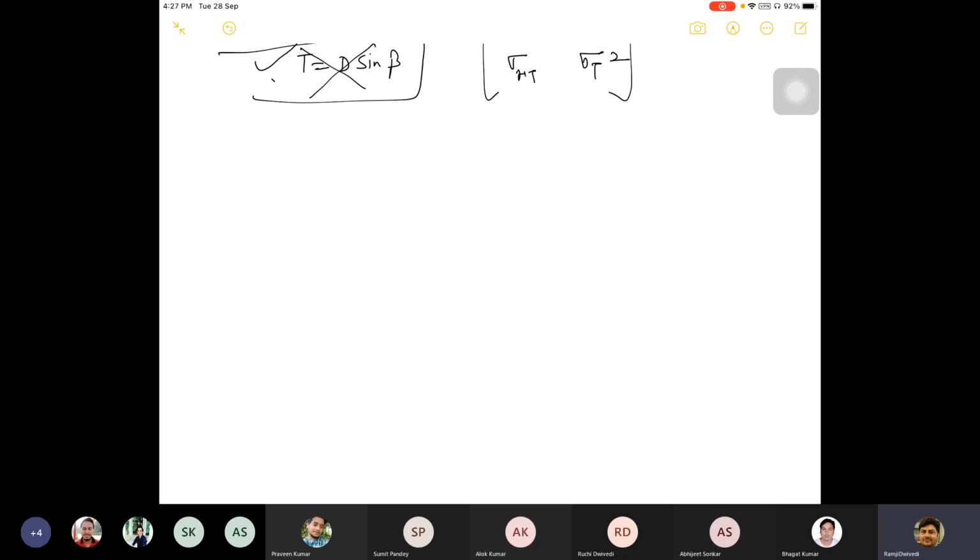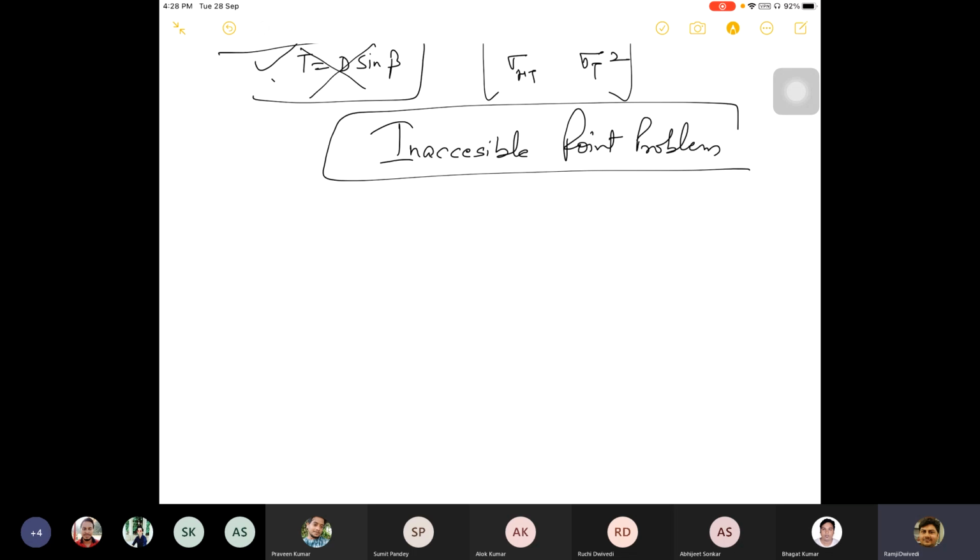What is the problem which we call an inaccessible point problem? There is a problem in our Geo-Informatics domain. Always there would be some inaccessible points. Whatever mechanism you adopt, there will be such cases where, what we are trying to say by inaccessible point problem is that there will always be a case that you would not approach, or you will not go to that point by any means. Just like